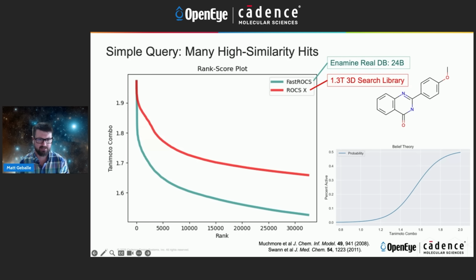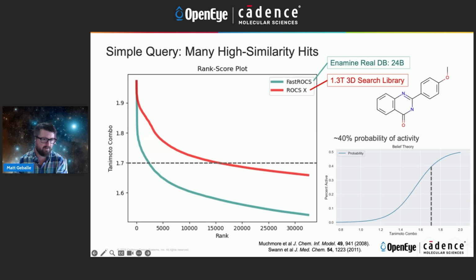What they showed is that you can take the tandem-modal combo between a query and the hit molecule you found and correlate it to the probability that your hit molecule has the same biological activity as your query molecule. So if we were to just look at a simple cutoff of around tandem-modal combo of 1.7,